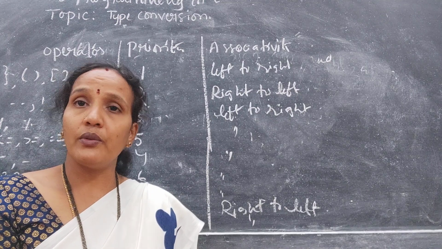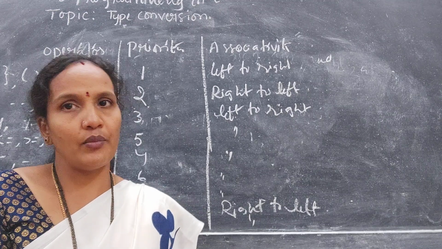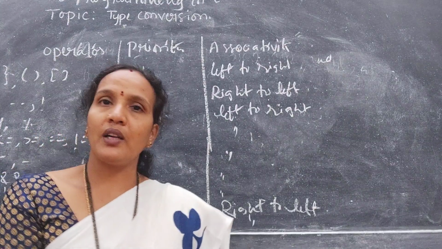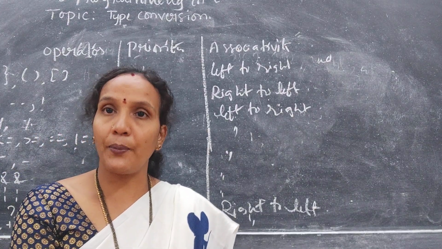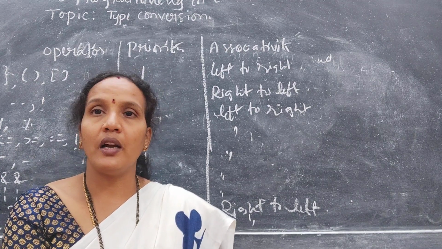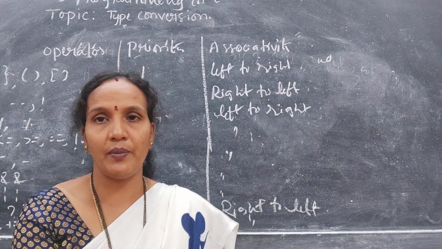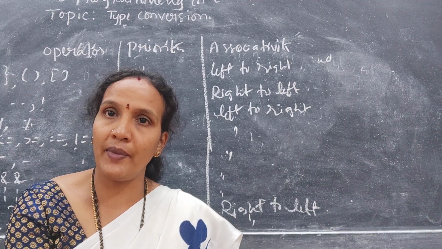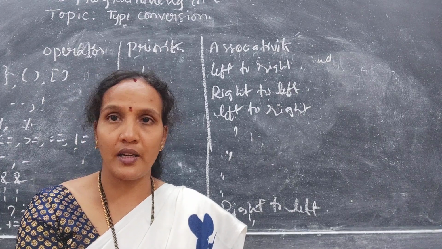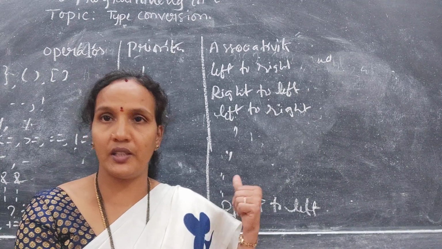Now with this your first unit is over. In the next class I am going to start the second unit. In the first unit we discussed the basics of computers, programming languages, generations of programming languages, what an algorithm is, what flow charts are, and what tokens are. The introduction part of C programming we also completed. Introduction to computer, programming languages, hardware, software, operating system, and C programming. So all the basics are completed with this.